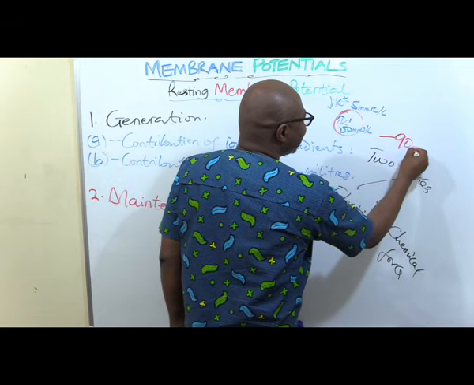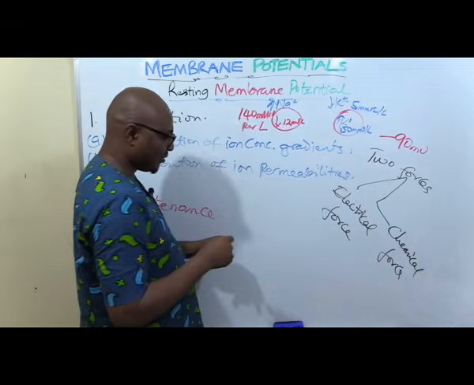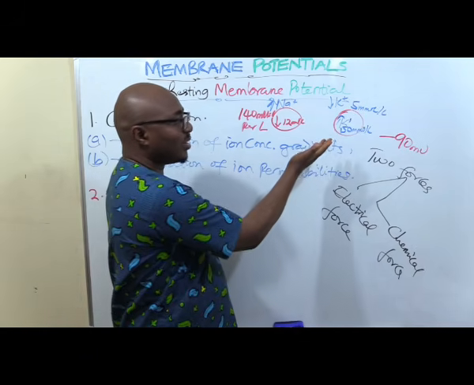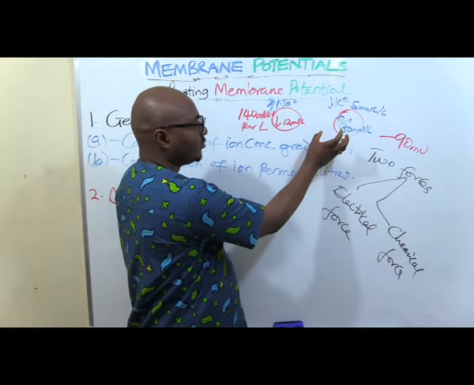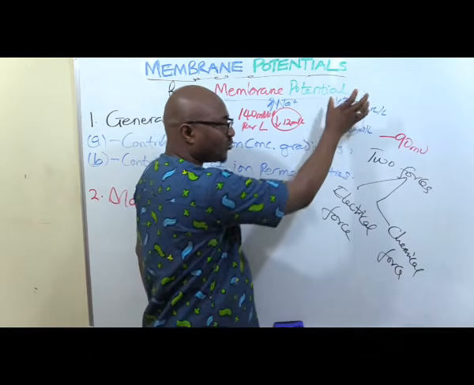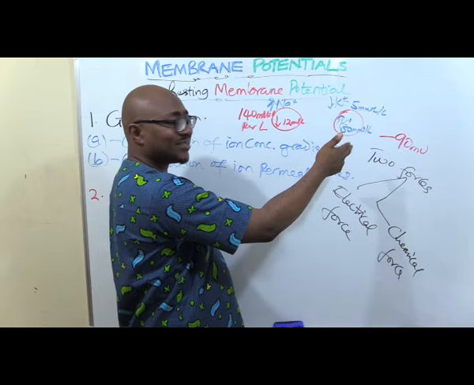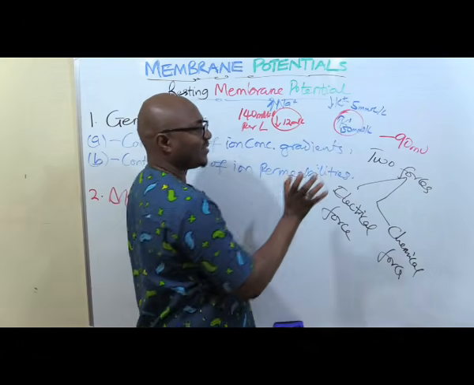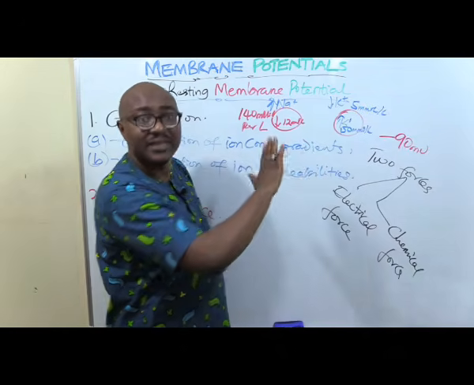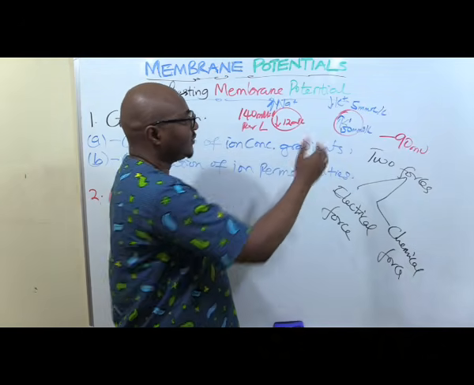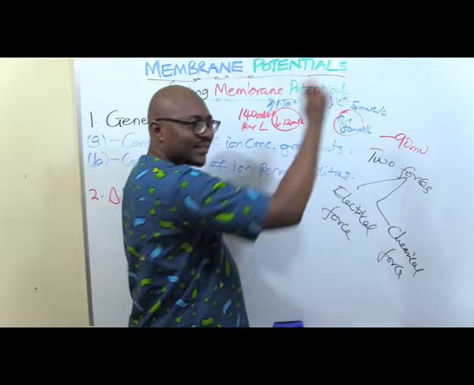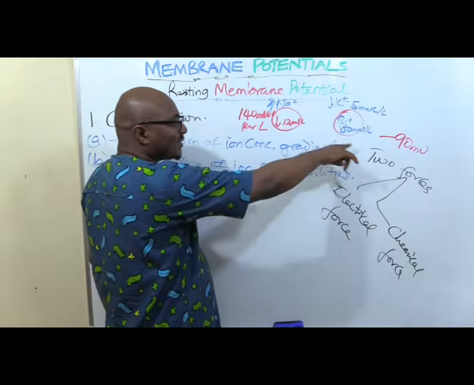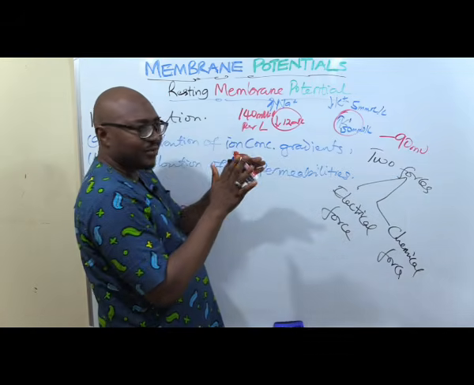Minus 90 millivolts. Now, what are we talking about here? We're trying to say that because potassium is moving from inside out, we are referring to it as minus. Okay, the reference point is inside, so moving from inside out, it's minus. Just take it like that. Then moving from outside in is plus. Do you understand that? So at minus 90 they reach equilibrium.